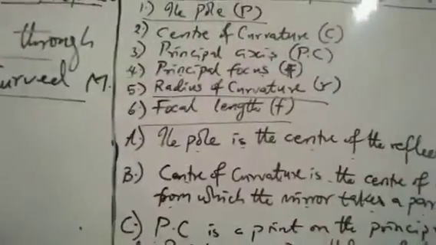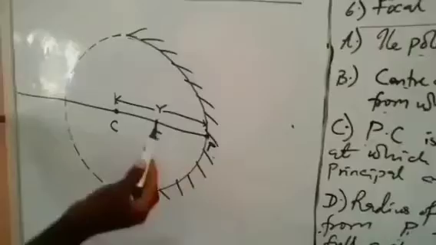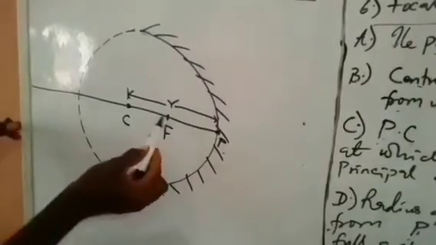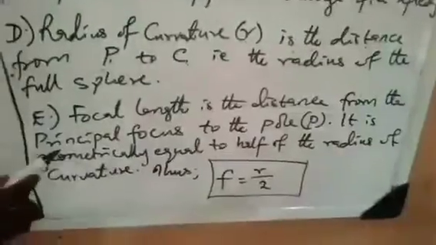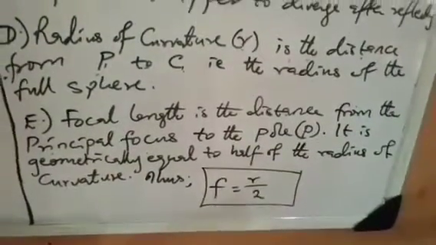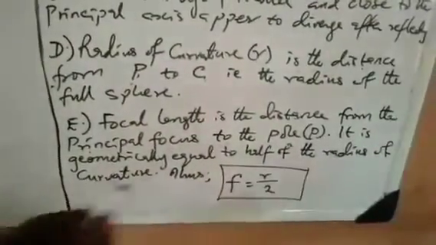Then the last one says focal length. The focal length is just the distance between the pole and the principal focus. It says focal length is the distance from the principal focus, which is our F, to the pole, which is our P. And then when you look at the formula we have here, we say it is geometrically equal